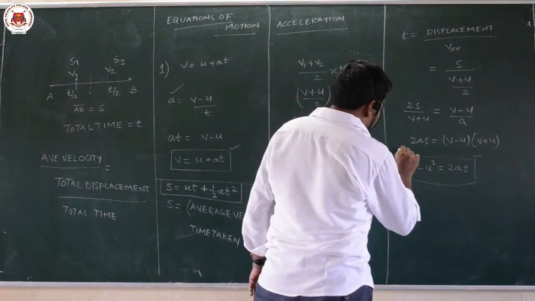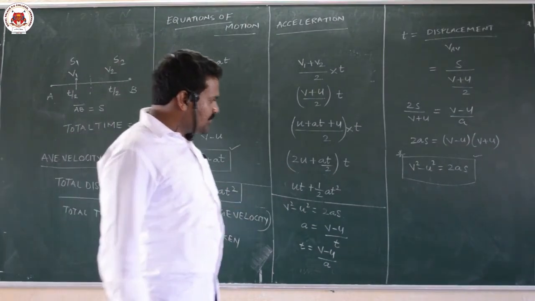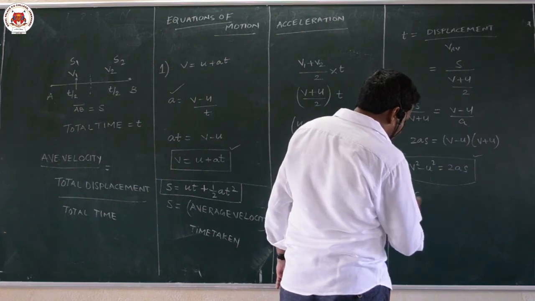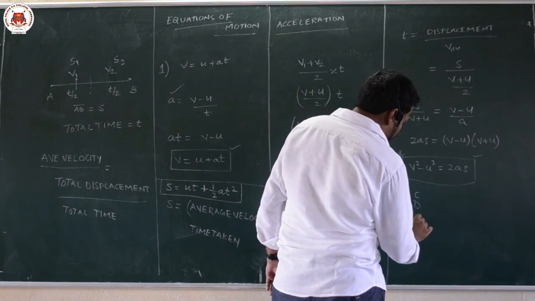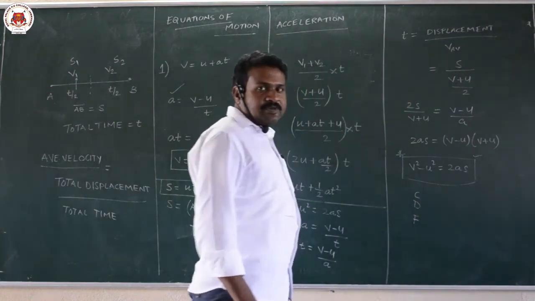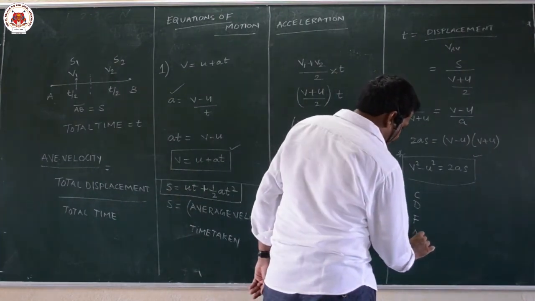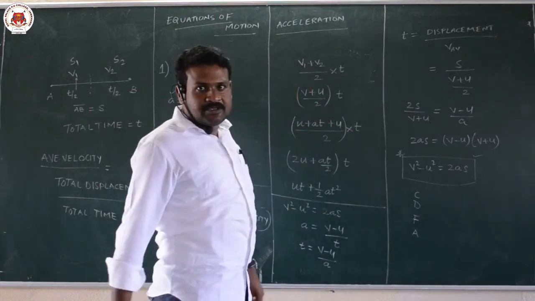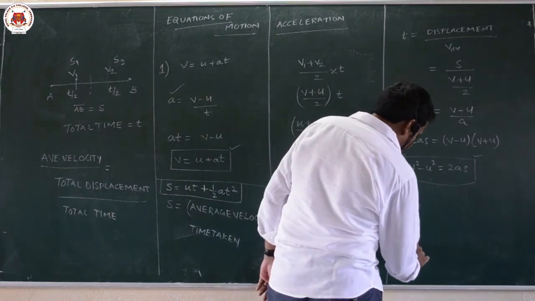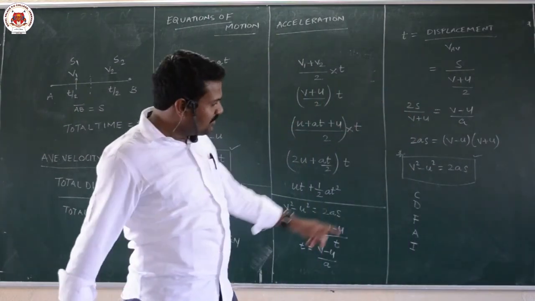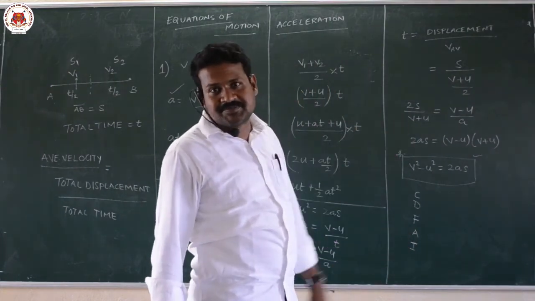There are many methods to prove this, but I have taken the basic definitions, because in physics first you have to understand the concept. From the concept we write the definition, from the definition we write the formula. That formula you have to apply in problems, and if you interpret the applied formula, you will get the desired answer. CDFAI is the formula you have to follow: concept, definition, formula, application and interpretation.